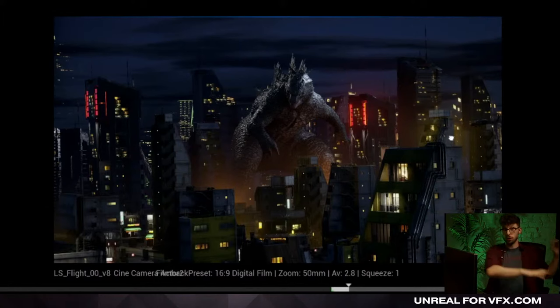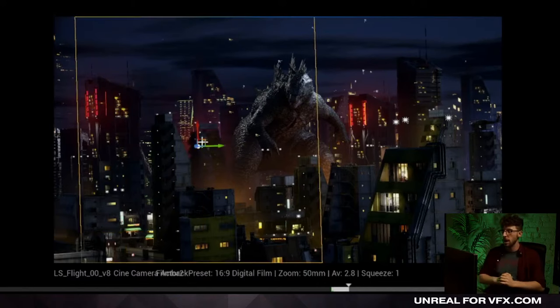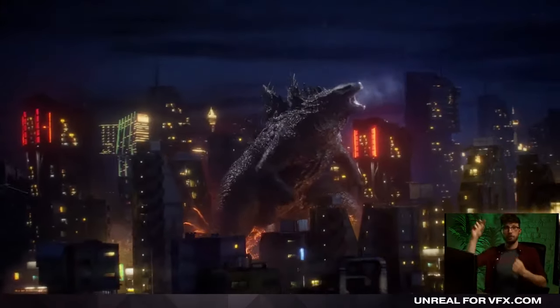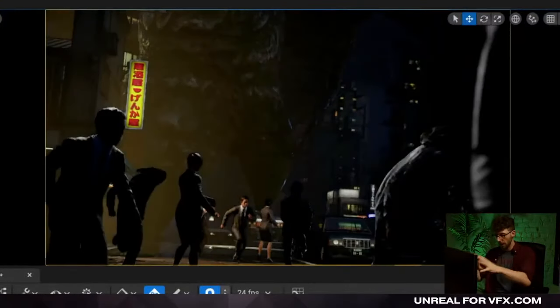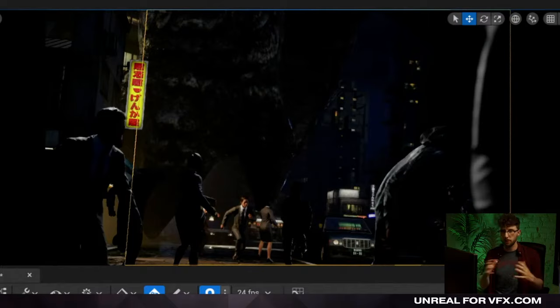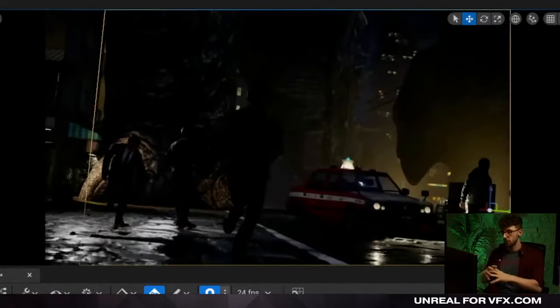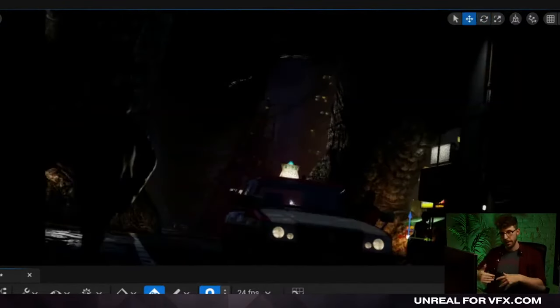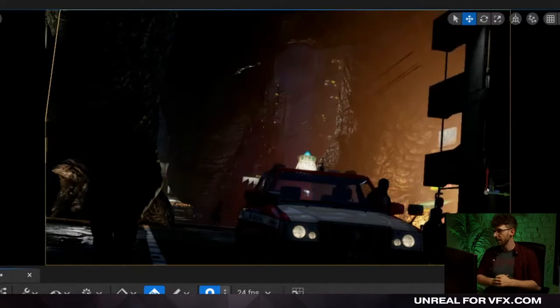That was true on Godzilla versus Kong, but what's even better is I could do it in real time right here inside of Unreal in the viewport. So I'm just working on the final result. So we have those red neon signs. I could super quickly pair up a red glow card with those red neon signs. Or if we had this storefront, this yellow light that's just pouring out of it, I could tint a glow card yellow and change the entire foreground there, and that would help me backlight all of our characters, so we get these nice silhouettes of all of the characters running for their life in the foreground.